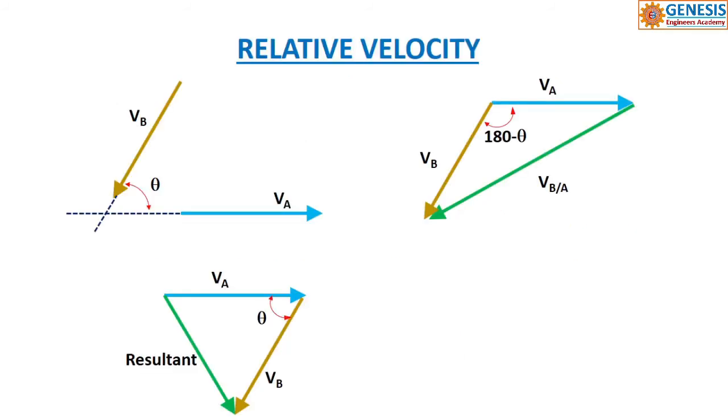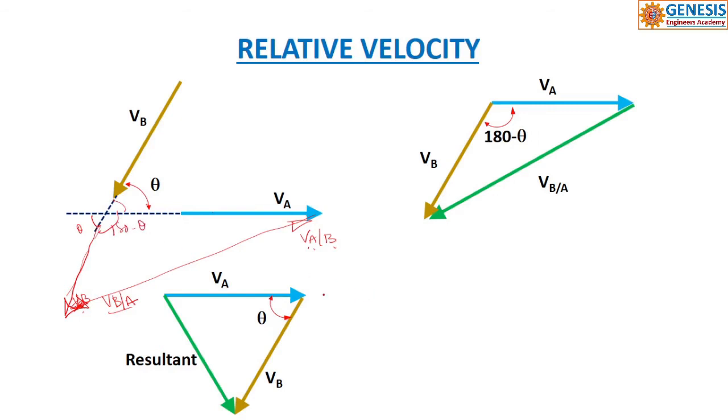Okay, so now the velocities are at an angle theta. You understand? So if I draw like this, this is the velocity of B, and this is the velocity of A. If I take this one, this is velocity of B with respect to A, so my arrow is towards B. If the arrow is in this direction, this would be AB, means velocity of A with respect to B. Okay, and these opposite angles are equal. This is theta. What would be the angle? This is 180 minus theta.